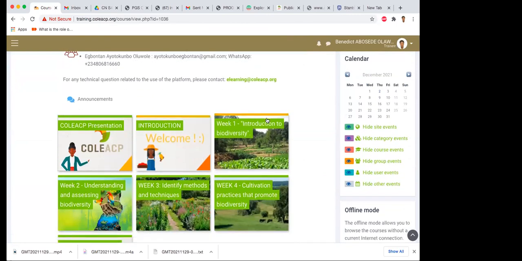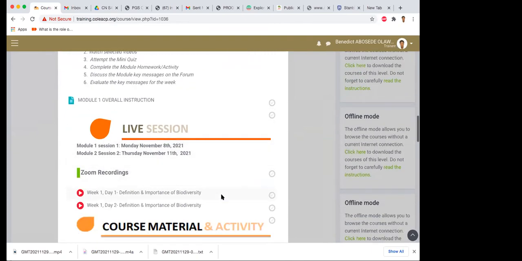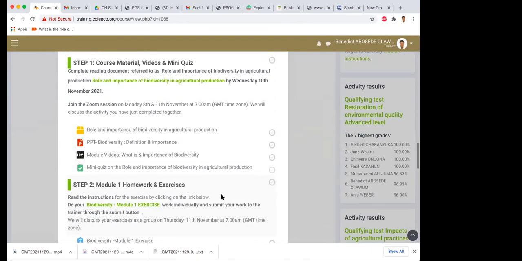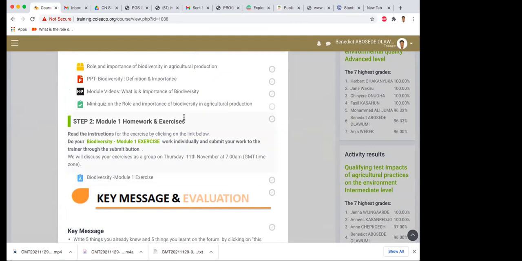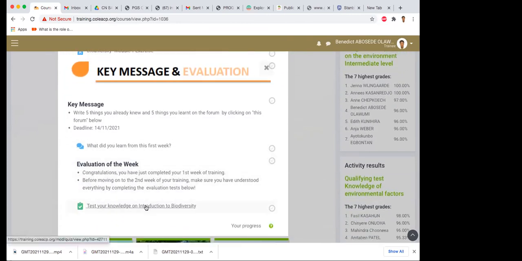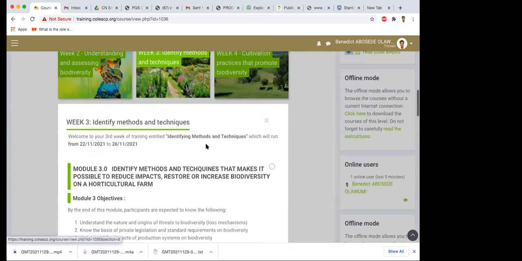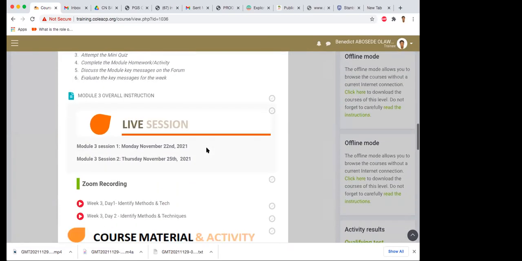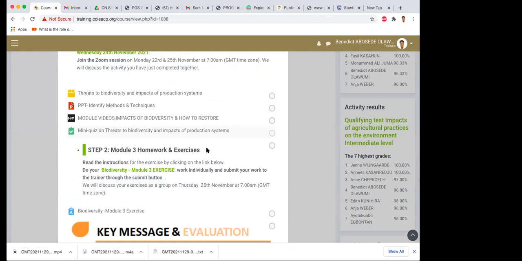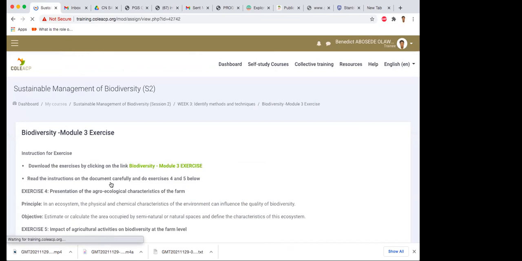Also, we quickly run through all the tasks. Like I said, there are 3 main activities that are very important. We have the mini quiz. After the mini quiz, we have the exercise in the module. Then we have your test your knowledge. These are all the activities that are very important for every week. This is week 3 that I'm opening. In week 3, the same mini quiz, your exercise, and then